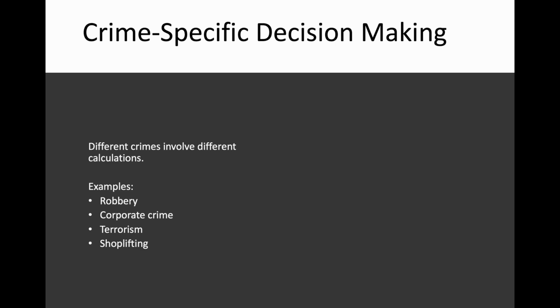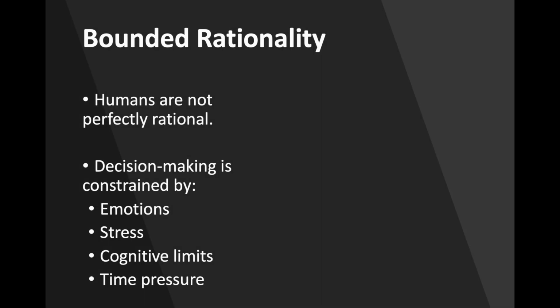Now, from a comp's perspective, I would say there's an important distinction: deterrence theory is primarily asking, how does punishment discourage offending? And rational choice theory is asking how offenders make decisions within criminal events. This distinction sounds simple, but conceptually it's very important. One of the biggest criticisms of classic criminology is that it assumes that offenders are fully rational. But in reality, human decision-making is imperfect. This leads us to bounded rationality.